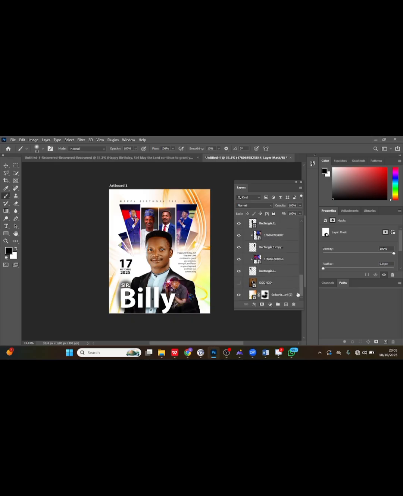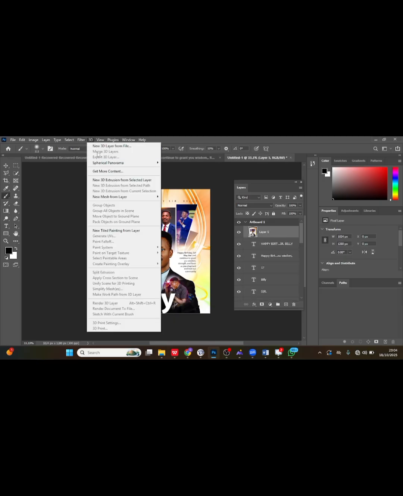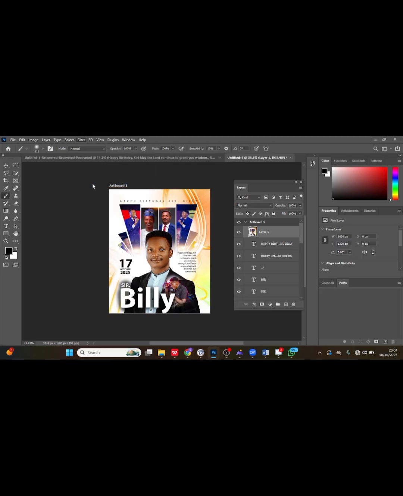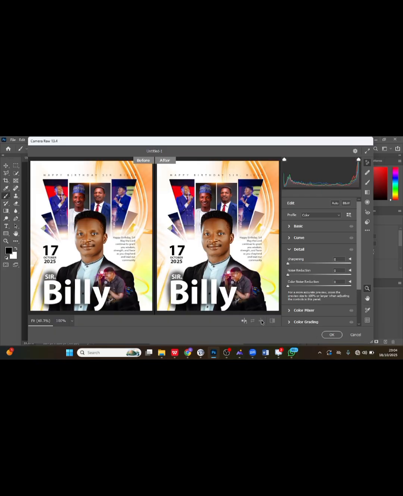So I will tap from the first layer here to the last layer, highlight them, and then Ctrl Shift Alt E to snapshot it, and then go to filter camera raw in order to do a kind of editing. It's a very short editing, very small editing actually. You can see from here, I will tap on this icon for me to see the before and after. I will drop this basic,